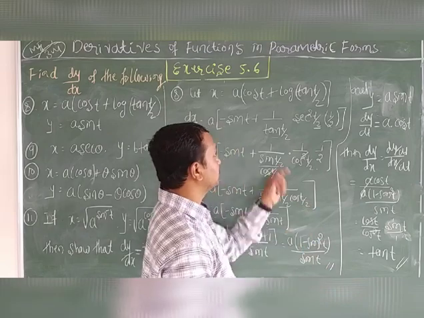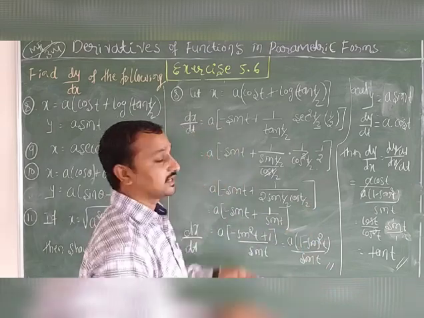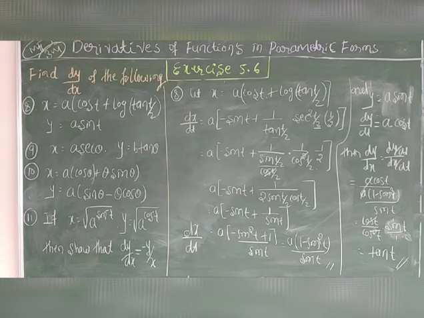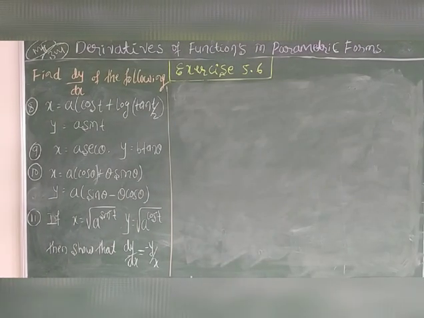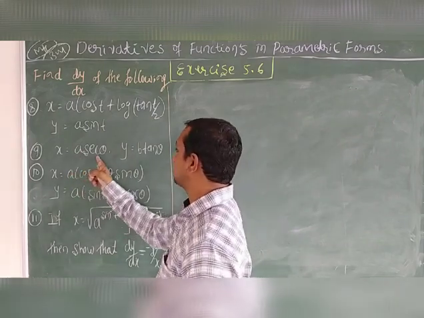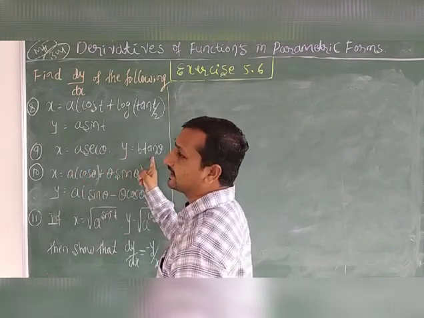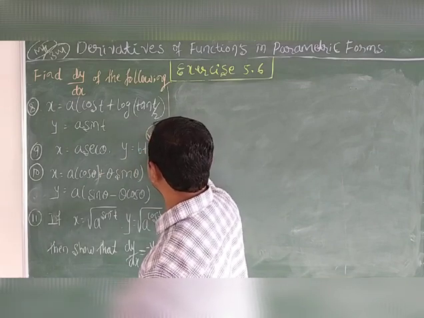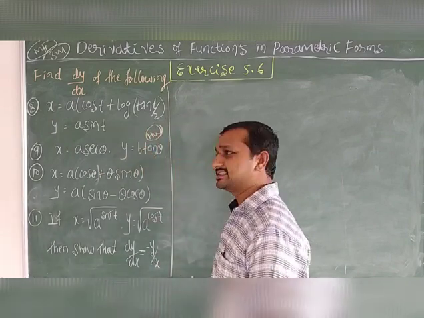Is that clear? This is a very important example, students. So write down this example. Okay, write down. So students, the 9th example is x equal to a sec theta, y equal to b tan theta. This is a very easy example. So this example is your one. Okay, try this example.